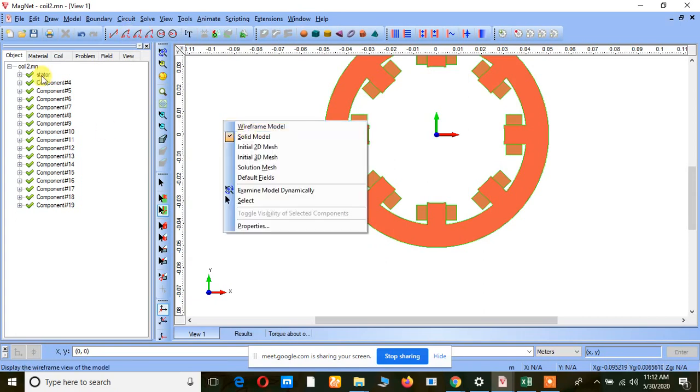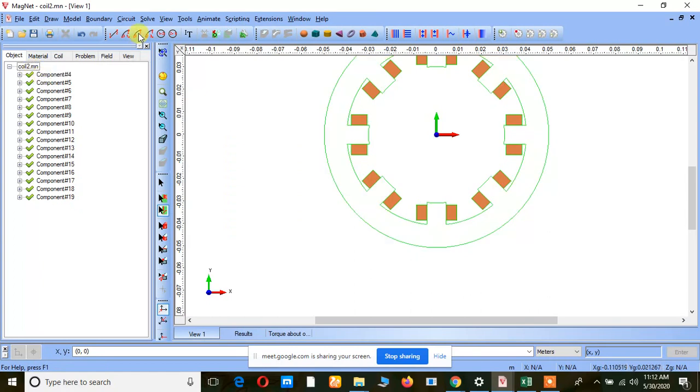Just go to the strata and delete the model, and now giving some stack, that is a base boundary condition. So I am giving a base here.